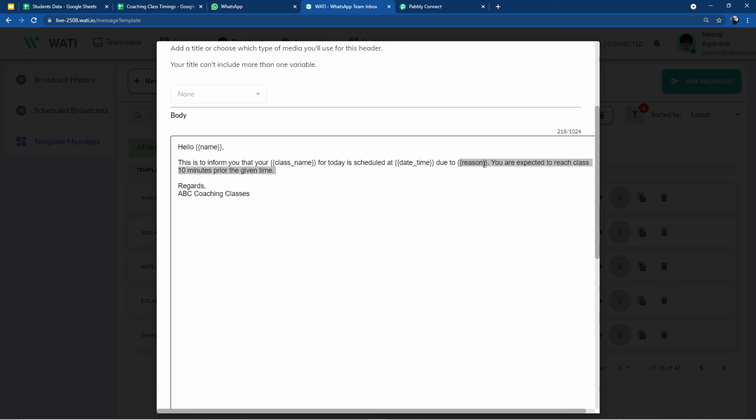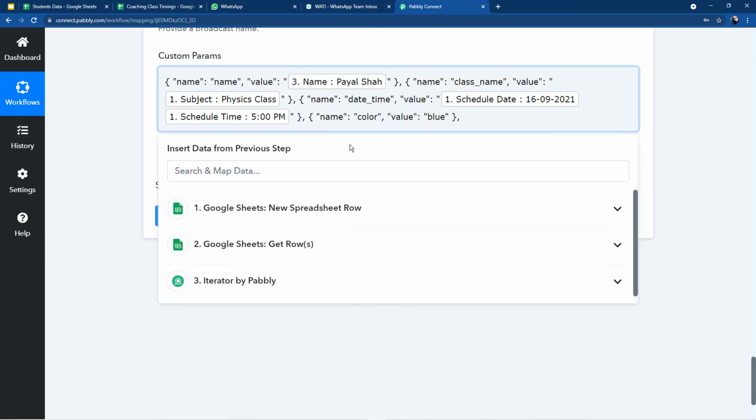So in my parameter, I have provided the reason also. So here I'm just going to write reason here. Let me just adjust it. So here I'm going to write reason. And in the value, I'm going to write the reason manually, some reason. Why? Because I don't actually have any particular reason. I just want to show you as an example. So that is why I'm just going to write some reason. You can also write according to your choice. So here, I just write some issues here.